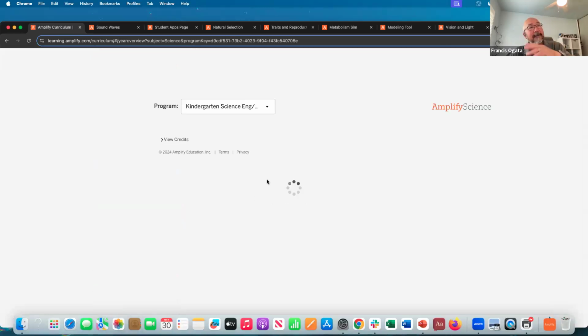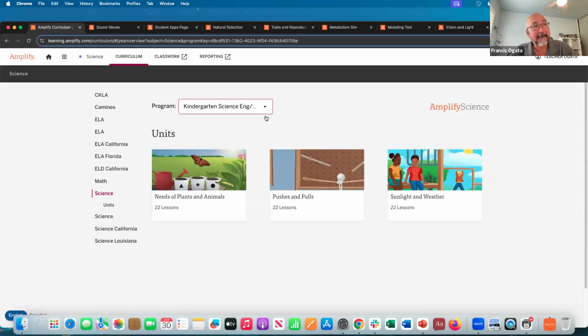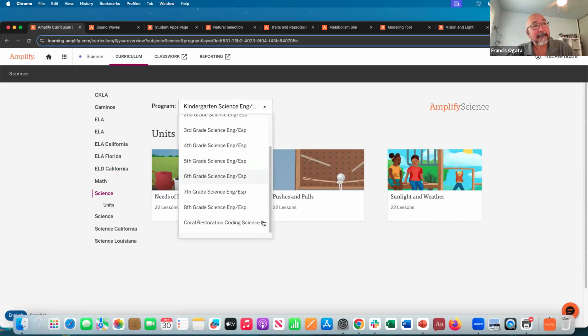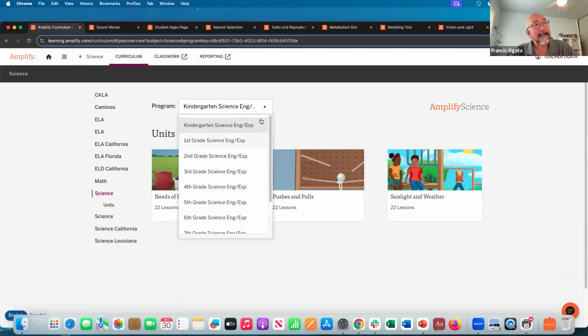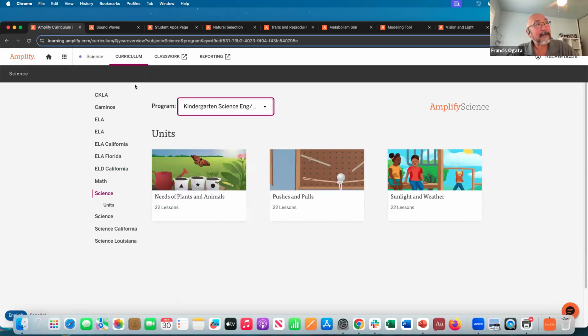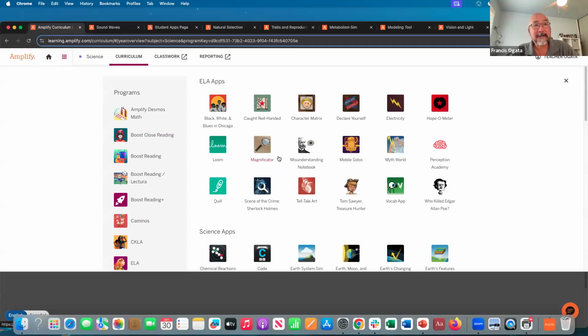What I'm going to share with you, though, is not just the regular content. This is all the regular content, our kindergarten through 8th grade program that you'll be able to see here. But the idea is that you're going to focus on right up here in the upper left-hand corner where it says programs and apps. Some people call it the waffle grid or the 9-dot grid. If you click on that 9-dot grid, it gives you a shortcut to all the digital simulations.